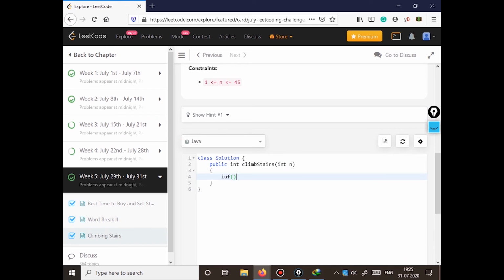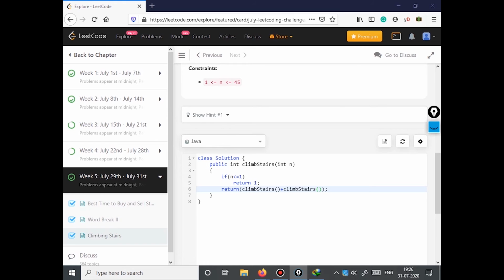So if n is less than or equal to 1, we simply return 1. And otherwise, if I had 4 there, I have to check for n minus 1 and n minus 2 ways.